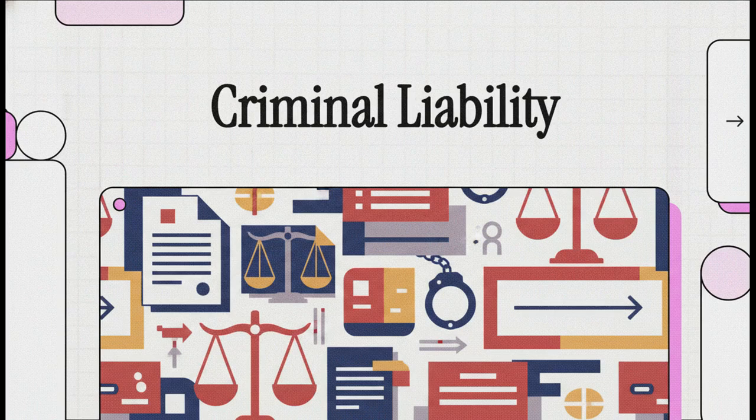Welcome to this explainer. Have you ever wondered what exactly happens in the eyes of the law, from the literal second a crime is committed all the way to the final gavel strike? Well, today we're going to completely demystify the life cycle of a crime. We'll be zeroing in on felonies and criminal liability, specifically looking through the lens of Book 1 of the Revised Penal Code and its related laws. We're going to take a highly technical, complex legal architecture and translate it into a clear, easy-to-follow journey.